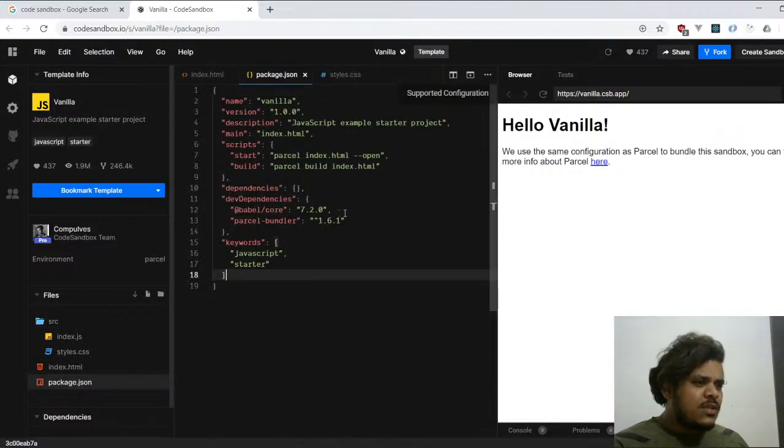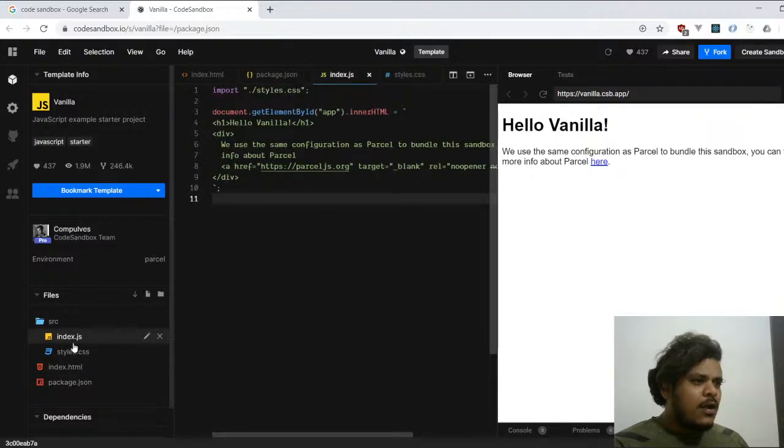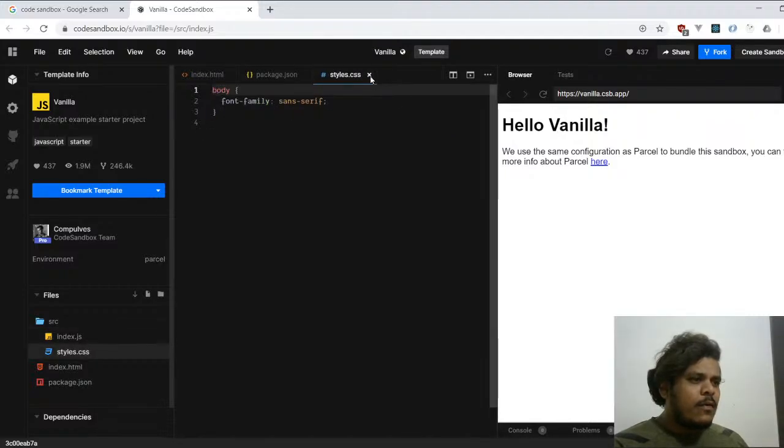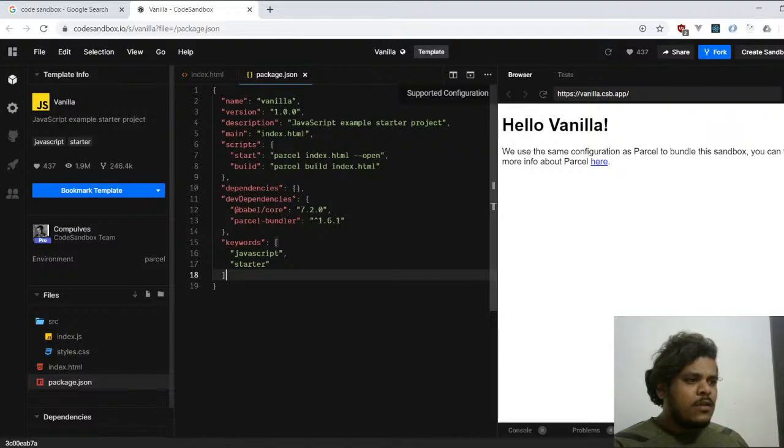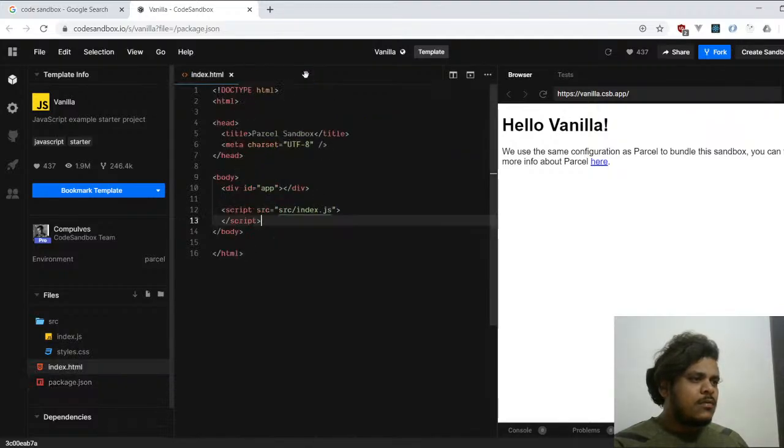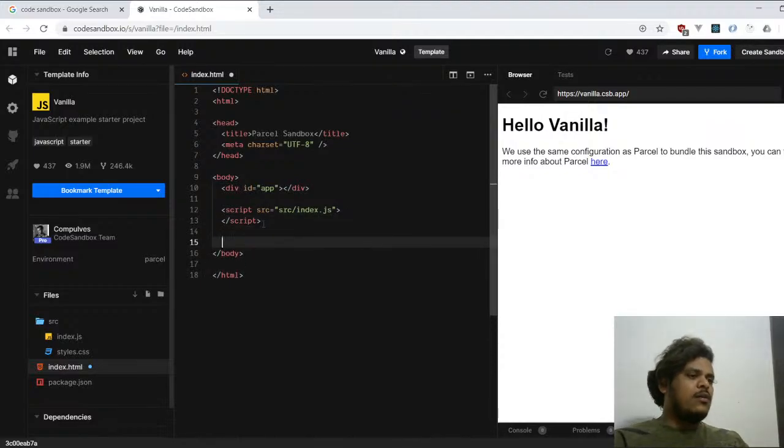Okay, so this uses parser and it's importing the style.css, so I think we are good to go. Right, it's importing that script as well. Okay, so what we really need is div.container,